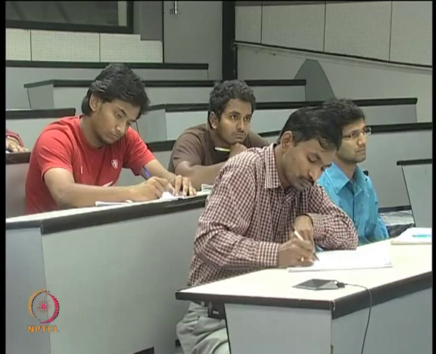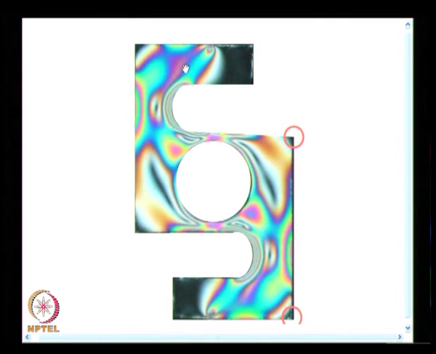So, fringe ordering becomes extremely complex, and I have a nice color code, and all know if I have a blue red transition, what is the fringe order here? What is the fringe order here? This is fringe order 1. I have 0, I have 1. I have 0, I have 1, because this is a source. So, fringe order increases in this direction, and if you look at here, the fringe order also increases in this direction. So, this is how you find out, and you find out how to label the fringes.